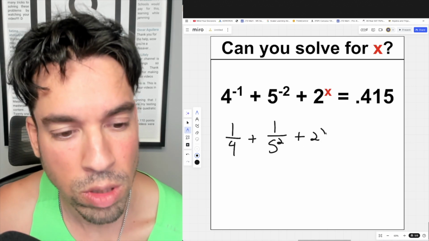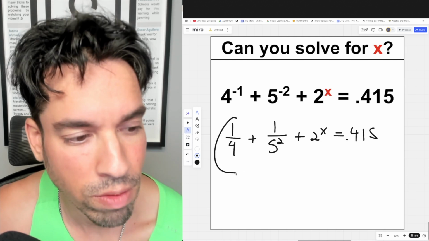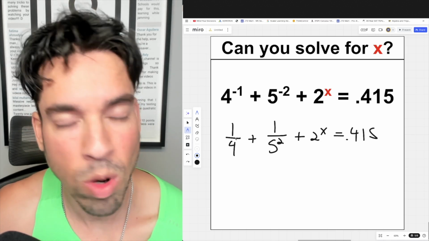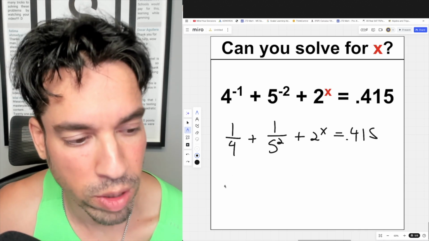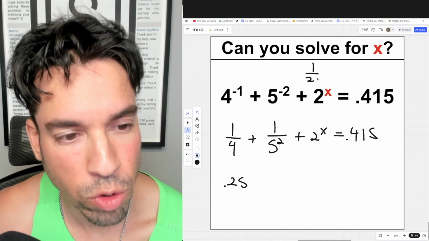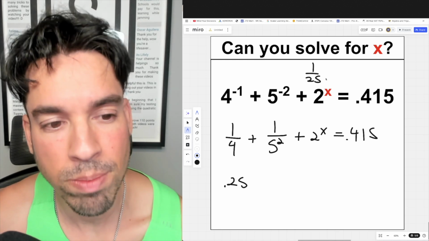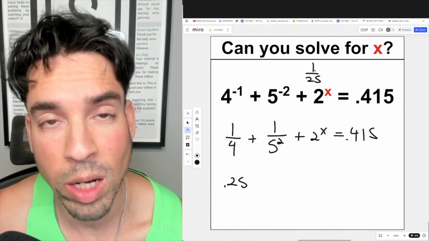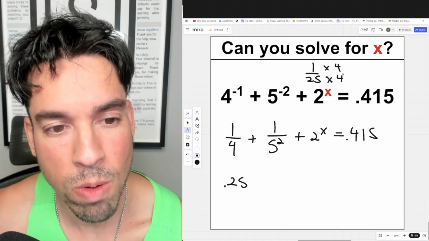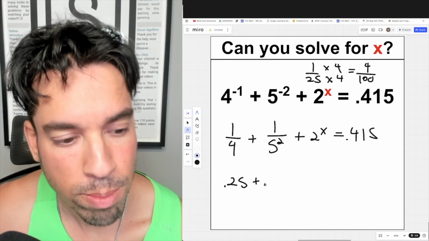And then we have 2 to the x equals a decimal. So this question is really also all about how to convert fractions into decimals. 1/4, you may know, we call it a quarter because it's equivalent to 0.25, like 25 cents. What is 1 over 5 squared? That's 1 over 25. A couple of ways that we could convert this into a decimal are as follows. One, we could make the denominator into 100, and then the numerator is in its decimal form essentially, right? So we can multiply by 4 and by 4, and we'd get 4 over 100, which means 4 hundredths, aka